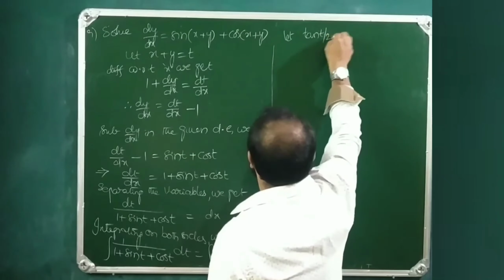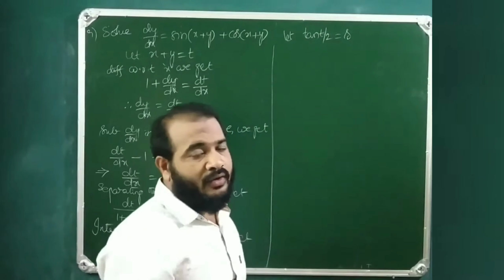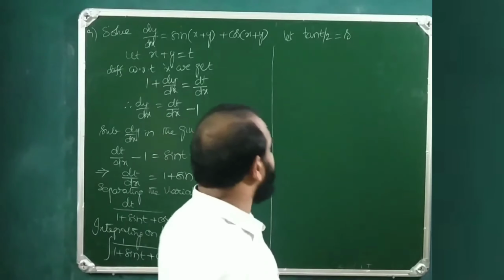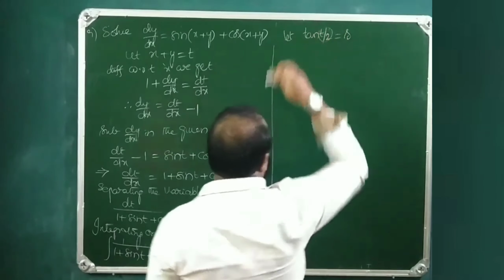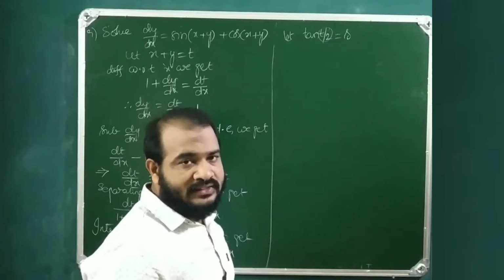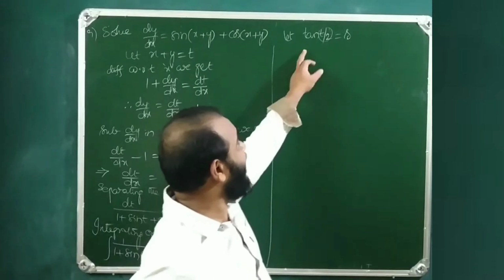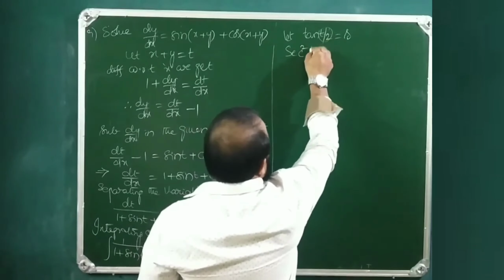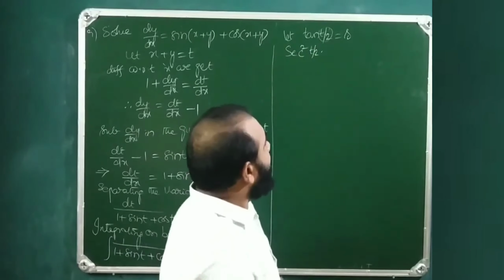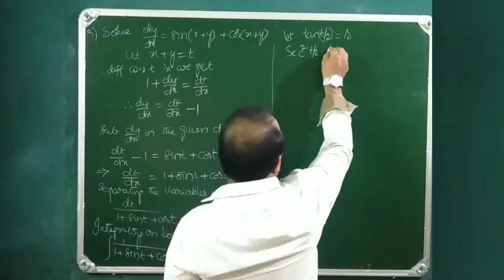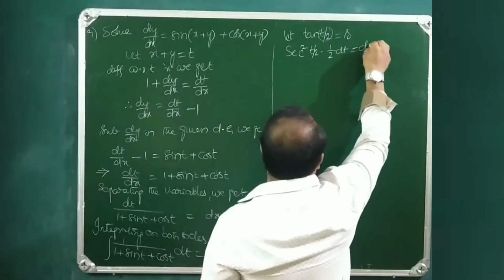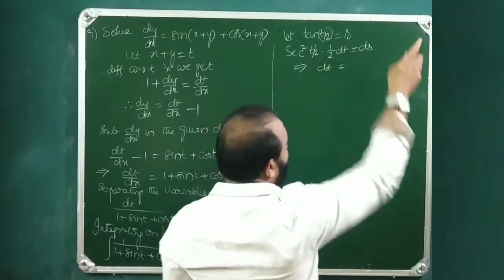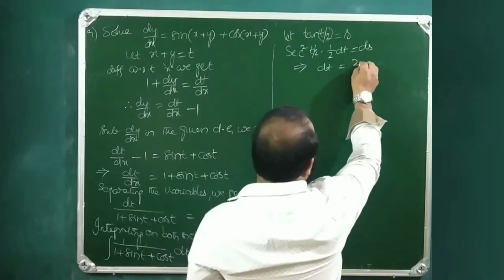tan t by 2 is equal to s. Now tan t by 2 equals s. Differentiate. d by dt of tan t by 2 is secant square t by 2 into d by dt of t by 2, which is 1 by 2, dt is equal to ds. From this, dt is equal to 2 ds